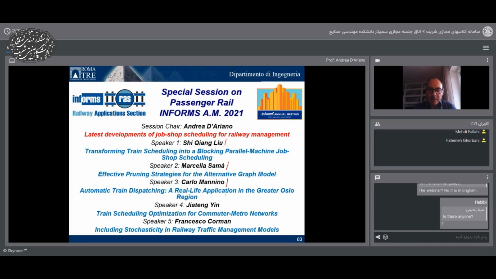And then there will be a professor from a university who is dealing with a very special problem that is a combination of metro traffic flow optimization and commuter traffic flow optimization, how to combine these two traffic flow optimizations through the job shop scheduling problem. And the last speaker is Professor Corman, who will talk about how to introduce stochasticity into the alternative graph formulation to better manage